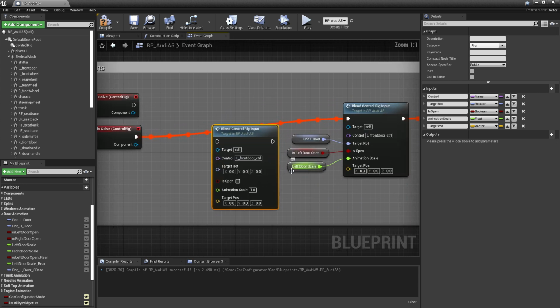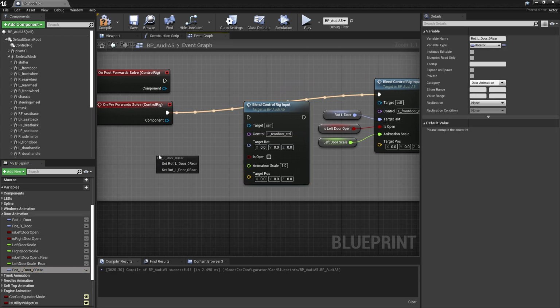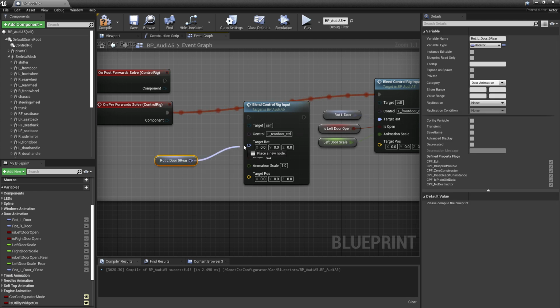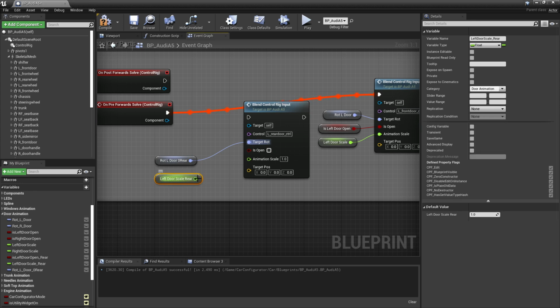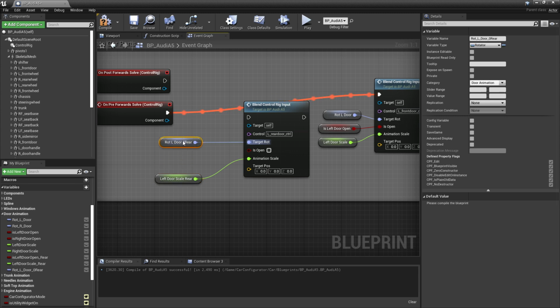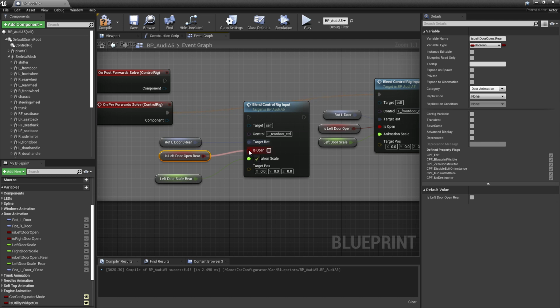And what we want to do with this is make this drive that left rear door. So remember when we created that in the control rig, it was called left REAR door. So we'll do that. And then the final thing we need to do is hook up those same variables that we just made. So we'll grab our rotator and we'll do a get on that guy and put that into the target. We're going to grab the scale and, again, do a get, put that into scale. And then the final one that we want to grab is the is it open? So we'll grab that and we'll say get on that guy and wire that in.